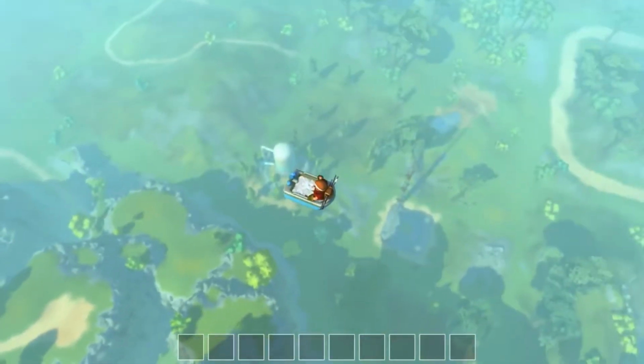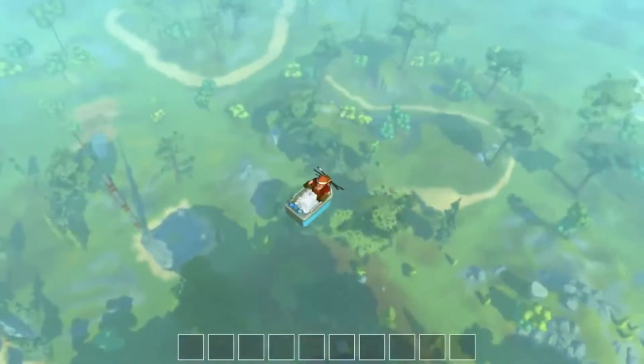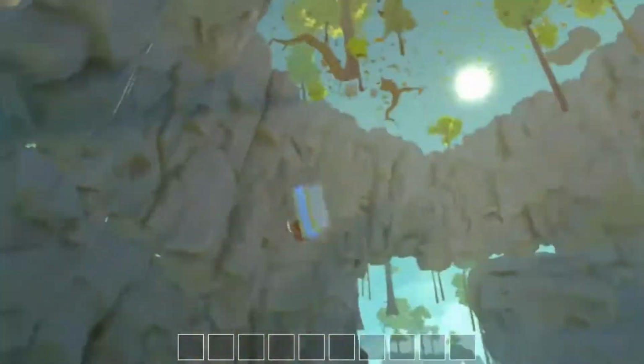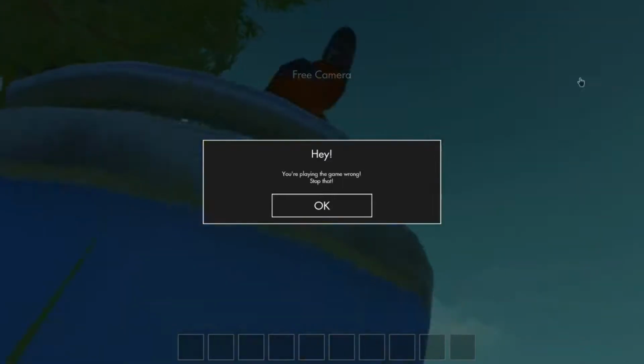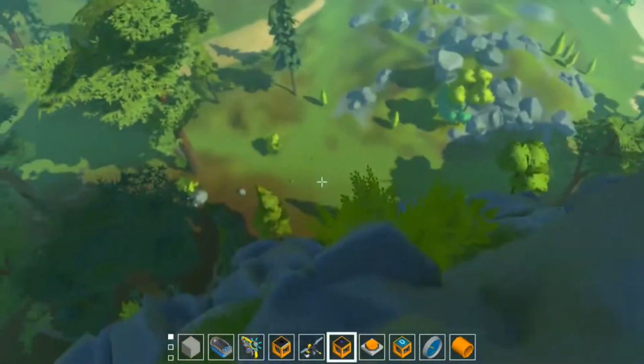Ooh, nice mountain piece. And today we are in the indestructible bathtub, but that is not the point of this episode. Bing, and I go through the ground. Of course I do. Ooh, this is good. Stop follow cam, free cam. Okay. Yes, I know, I'm playing the game. Shut up. But yes, today, guys, we are back in Scrap Mechanic, and today we are actually going to be...